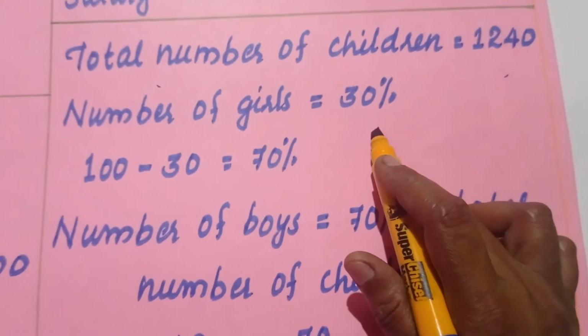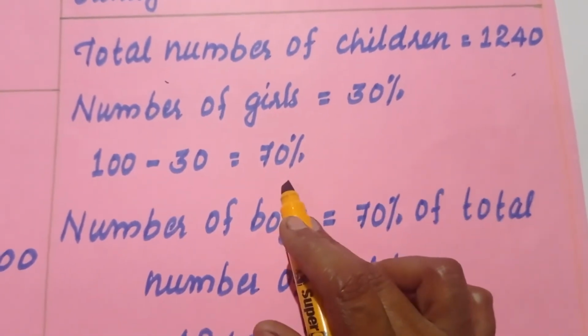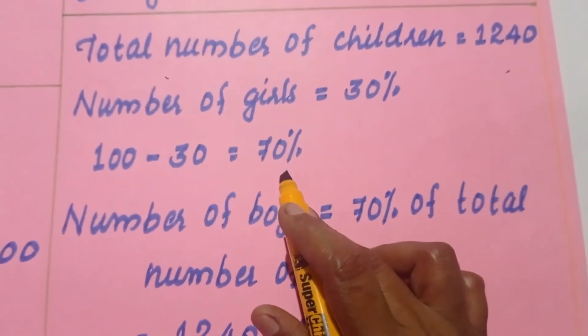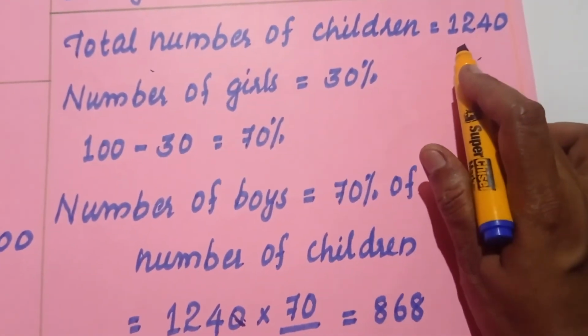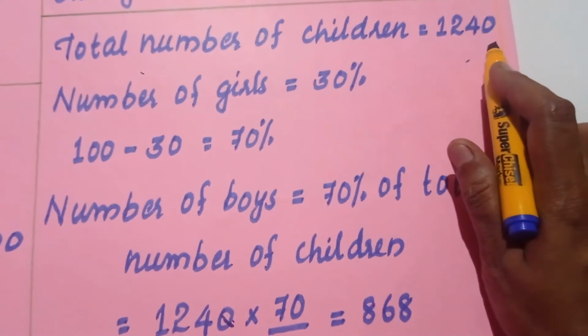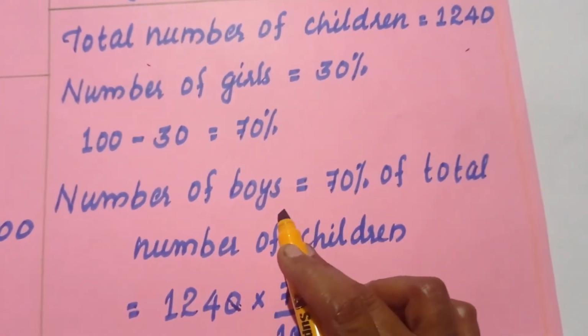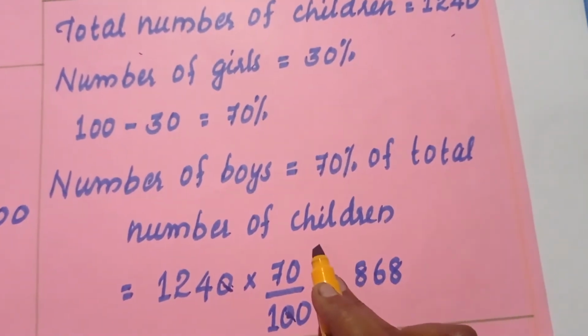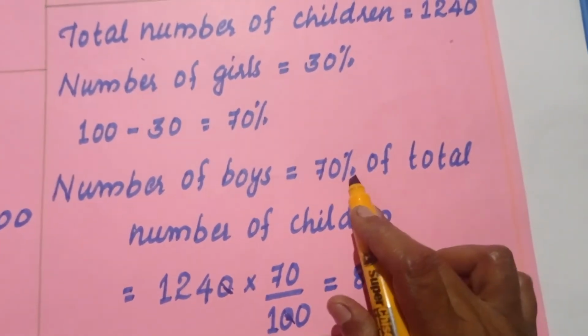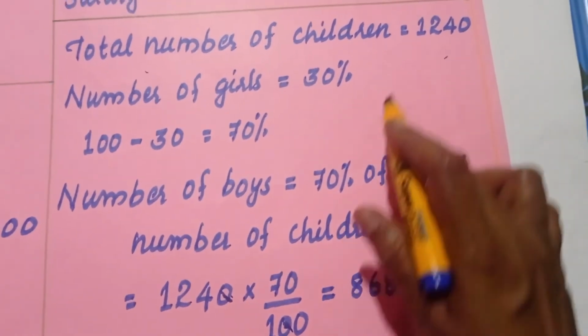The other percent of girls is the percent of boys. Then percent of boys is 70%. Total number of children is 1240. The number of boys is 70% of the total number of children. That is 70% of total number of children is